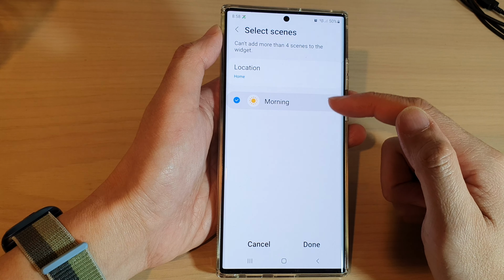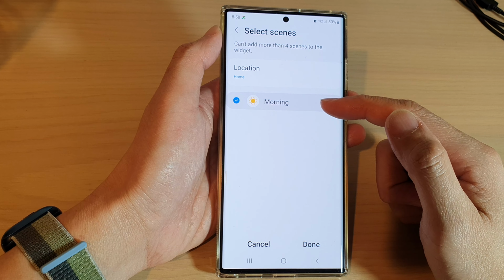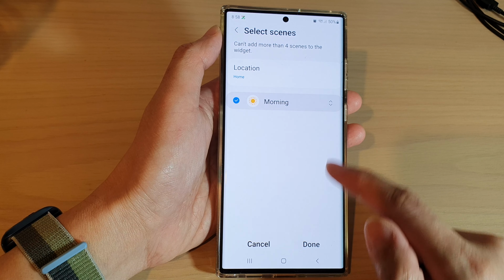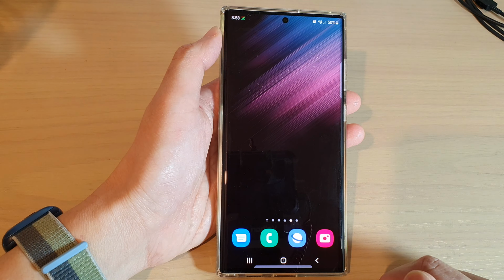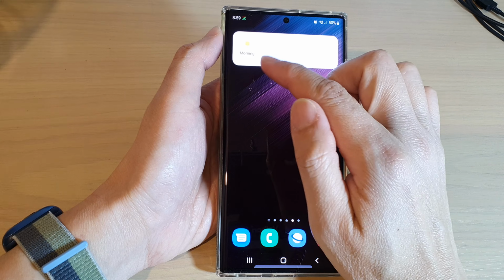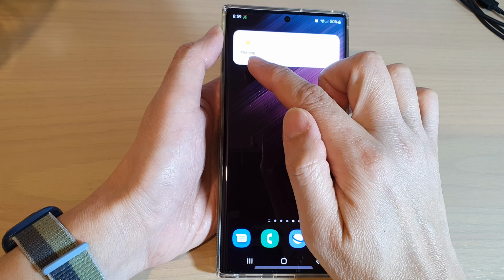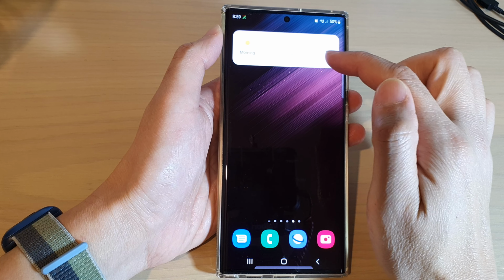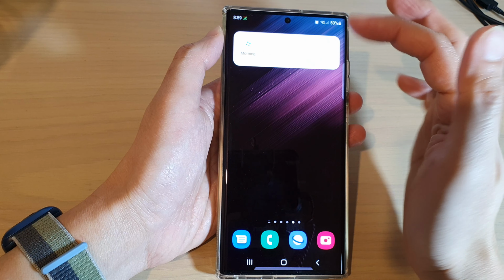Now you can have more than one scenes. You need to add it in. Now tap on done once you have selected a scene, and that's it. So if you only have one scene selected, there's only one will be shown in your SmartThings widget, and you can tap on it to switch it on,